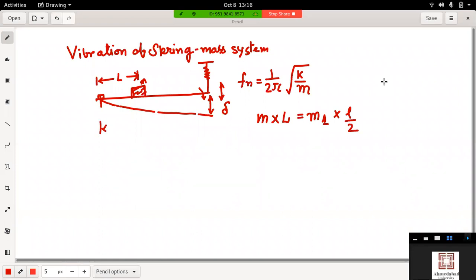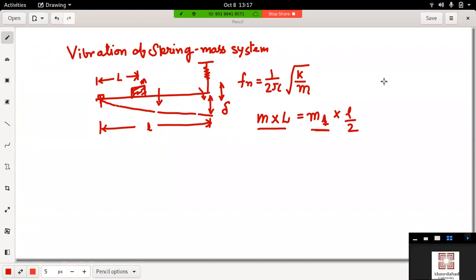What I'm trying to do in this equation is find an effective mass which will produce the same effect of bending when we apply this external load. After applying this external load, it is creating bending of this beam, which can be measured using the equation M cross L. And if we look at the overall beam, the beam's weight is supposed to act at the center point. This is L by 2. And then M1 is an equivalent weight that will accommodate the effect of this external load.